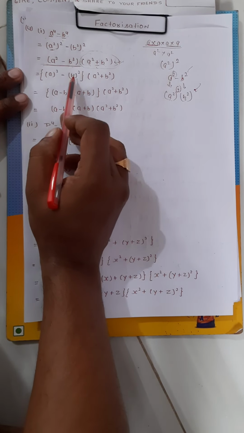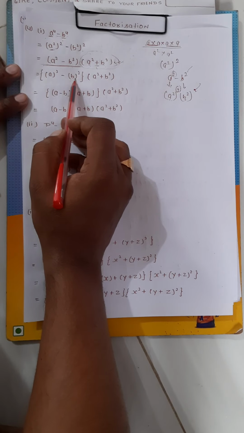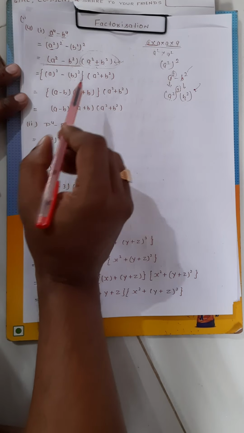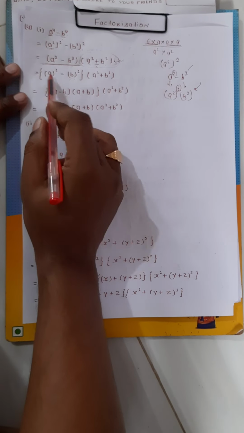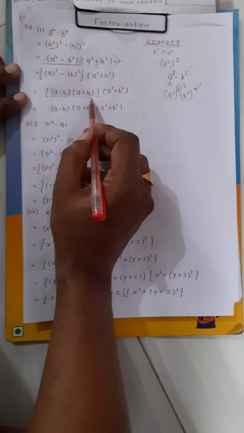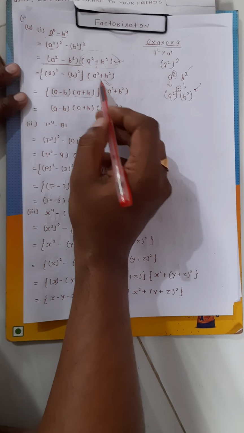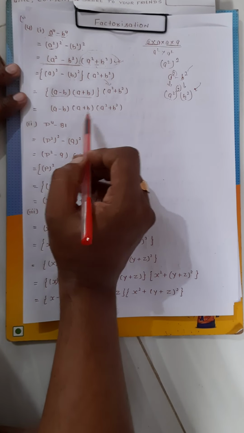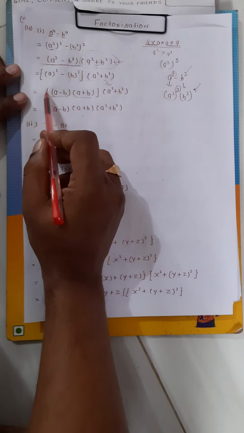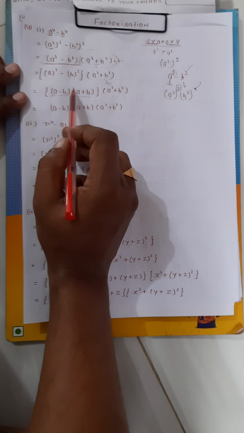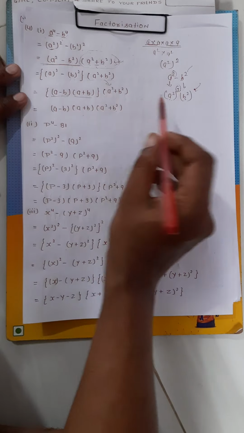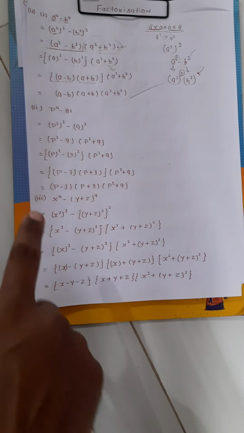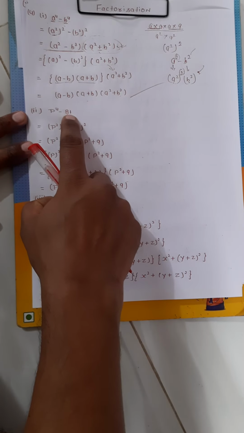Okay, now whole square of a minus whole square of b, what will be the value? Our value will be (a minus b)(a plus b). So it will become (a minus b)(a plus b), and a square plus b square will come down as usual. Now our value becomes (a minus b)(a plus b)(a square plus b square). That means we remove this bracket because all are in multiplication. Okay, completed. Understand? Again, our second question is p^4 minus 81.